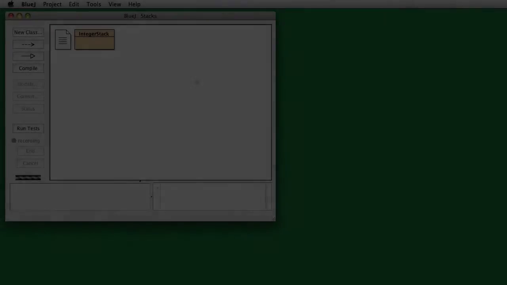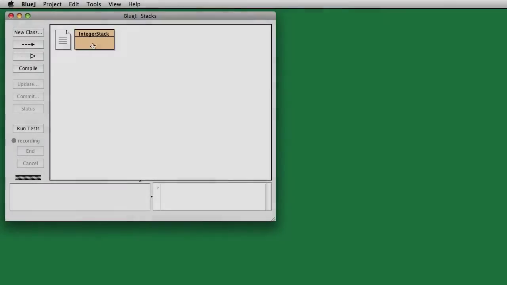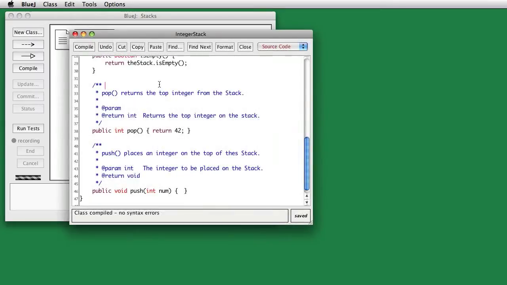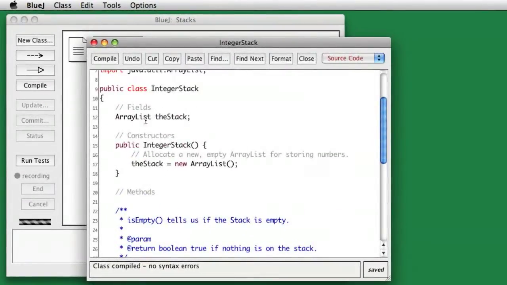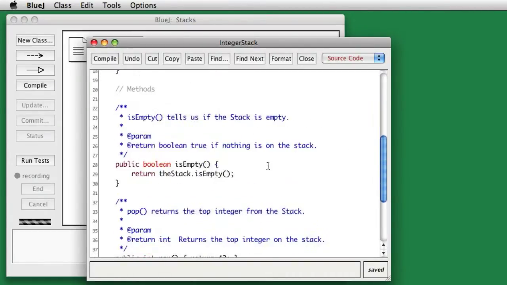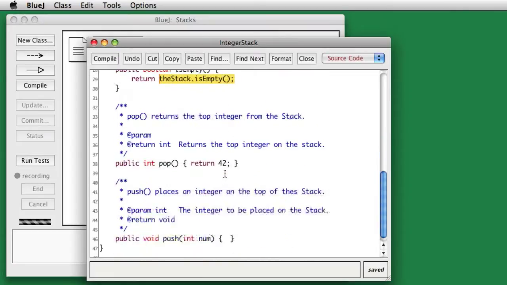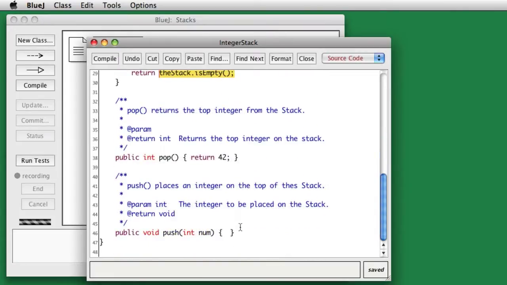So in the previous movie, we started to fill in the code in our IntegerStack, and we did isEmpty. Now we can check to see if the array list that represents the stack is empty. We declared it, we allocated it, and then we can check if it's empty. Now I'd like to be able to, let's see, what should I do next? I think I'd like to be able to put things into the stack. So I'm going to be given a number in the push method, and I want to put it onto this